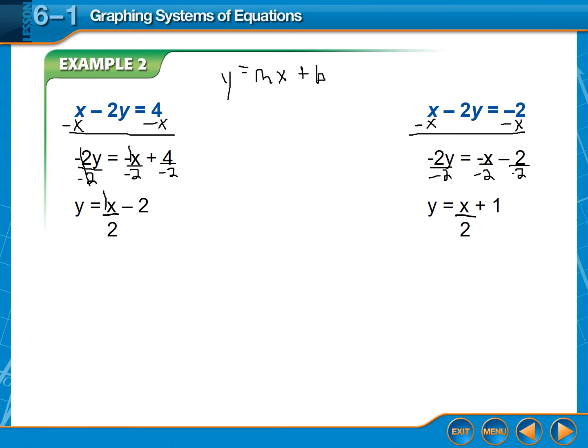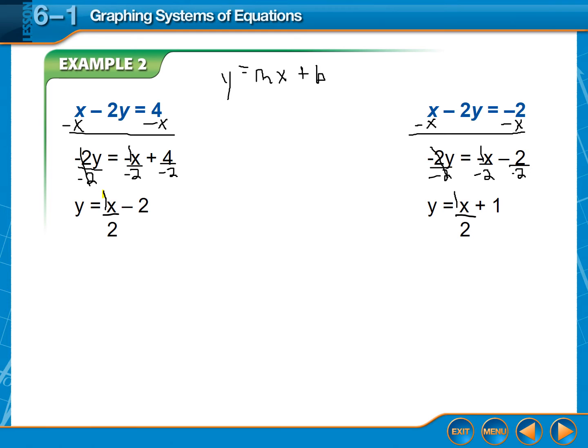I go to my equation on the right. Again, the negative 2's will cancel, so we're left with y. That's equal to, again, there's a negative 1 here. So negative 1 divided by negative 2 is actually going to be positive 1/2 x plus 1. So these two equations, y equals 1/2 x minus 2 and y equals 1/2 x plus 1, what do you notice? Well, what I noticed was when I'm going to graph these,